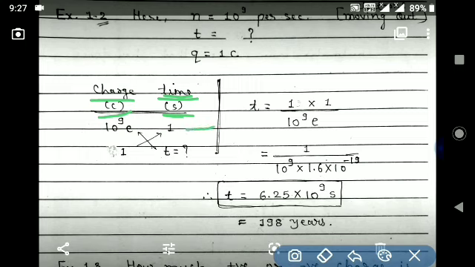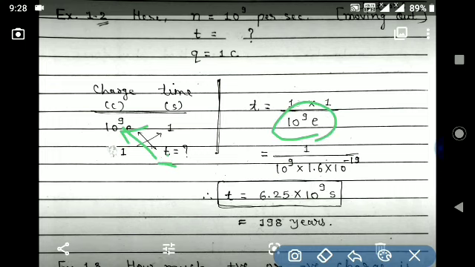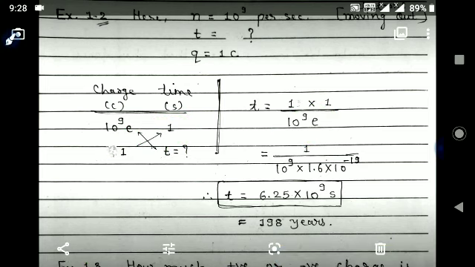Given that in 1 second 10 raised to 9 electrons are moving to the other body, so in how much time 1 coulomb charge gets deposited, that we have to find. So cross multiplication, mathematically we know that if we want to find this time, then this should be in the denominator, and those things which are given here, 1 and 1, they should be multiplied. So t is equal to